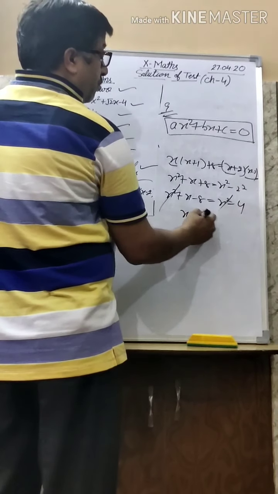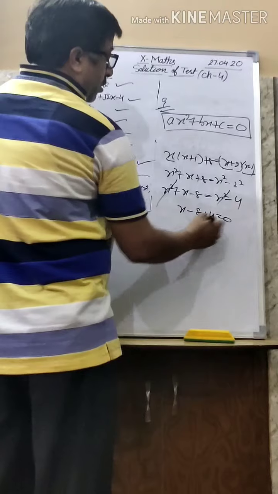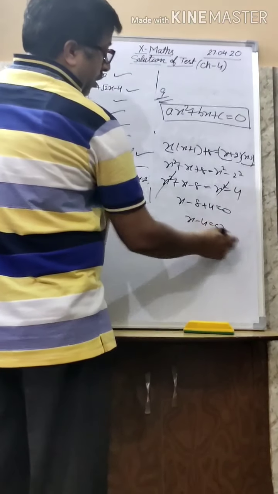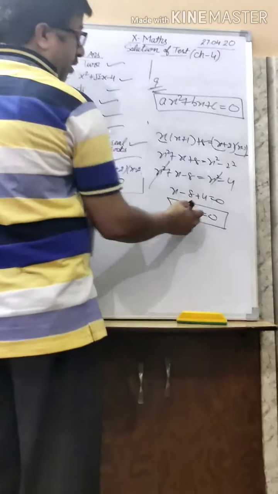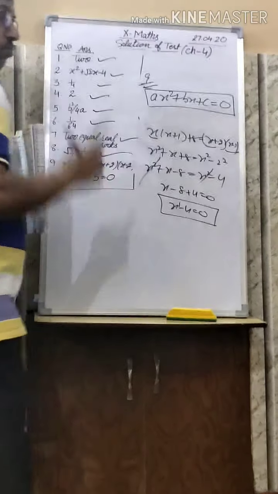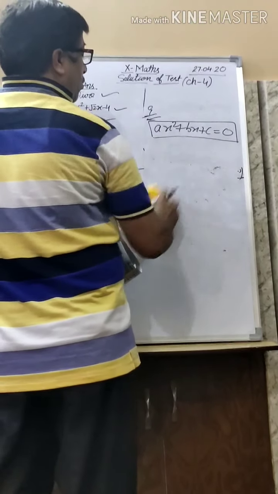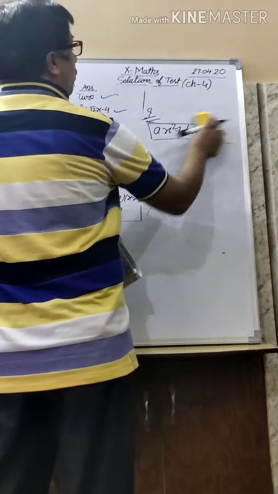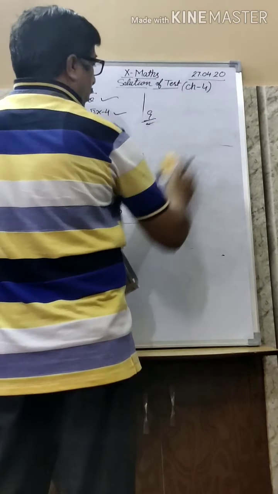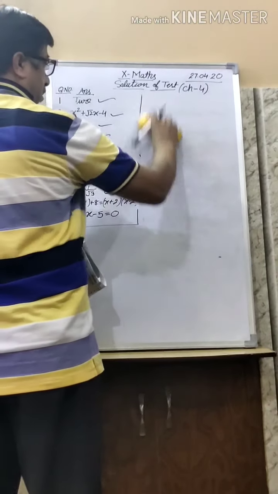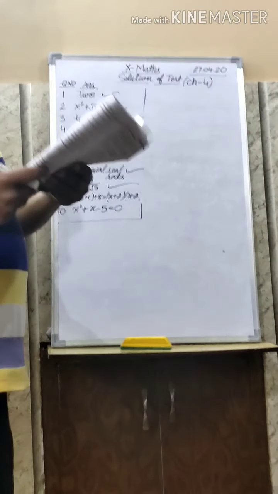So my dear students, you see, here I am getting this equation, but here its maximum power is 1. It is not a quadratic equation. So that is what it is asking, 4 options are there. Which of the equations is not a quadratic equation? Understand? So we have to simplify all and then we see.